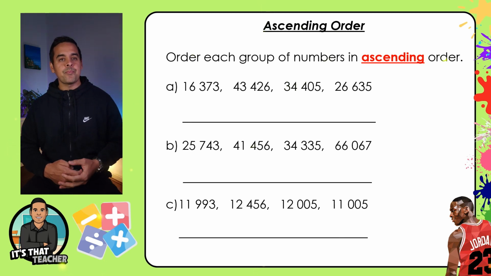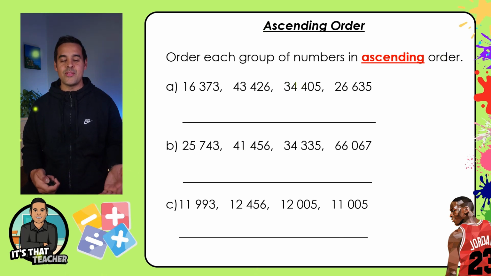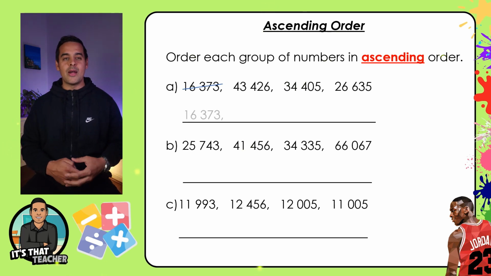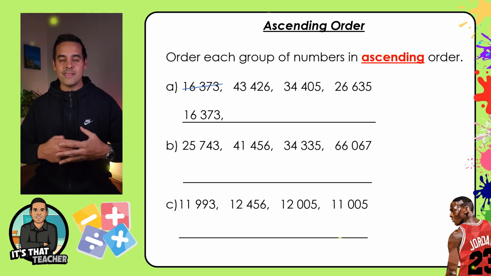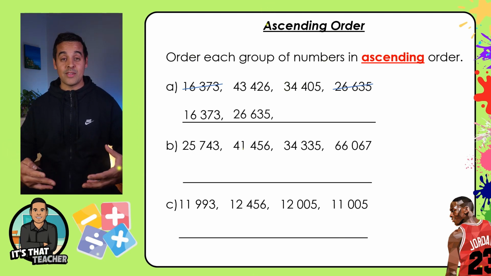So, A, the smallest number out of those four numbers is 16,373. Cross it off, put it below. The next smallest number would be 26,635. Cross it off, put it below. The next smallest number, I know I'm saying that a lot, but I'm trying to stress this strategy and how easy and effective it is,